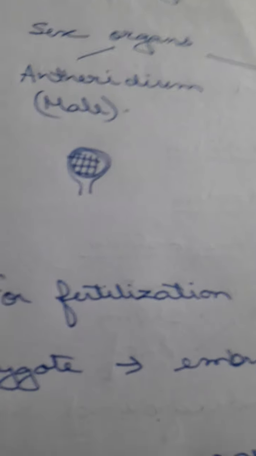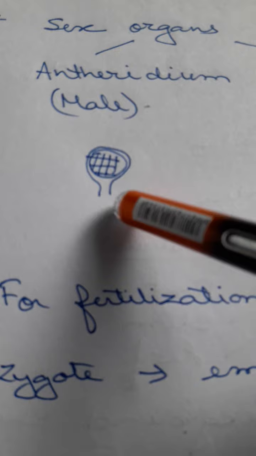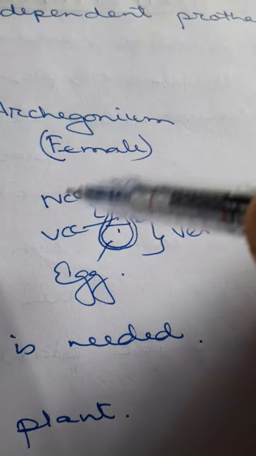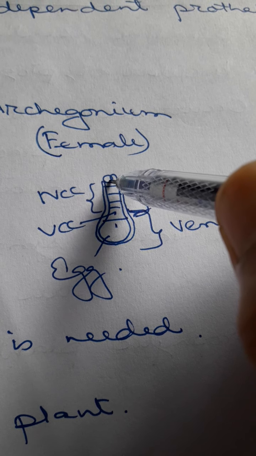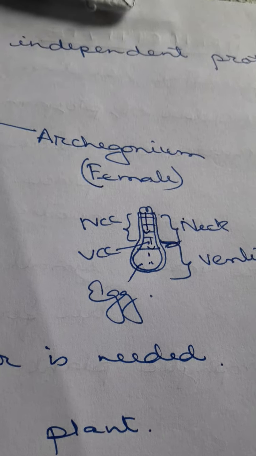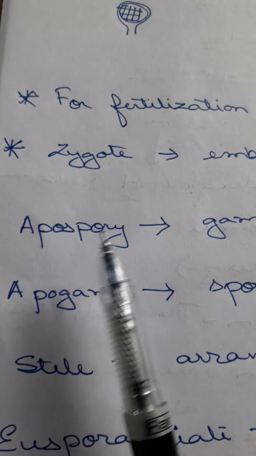Okay, these are the basic characters present in the pteridophytes. Now see, this is the basic structure of the antheridium. We have already studied it in our last class. This is the archegonium. When the male gamete comes, it will enter through this particular way and reach the egg cell to form the zygote. Now again we come across some terminologies.